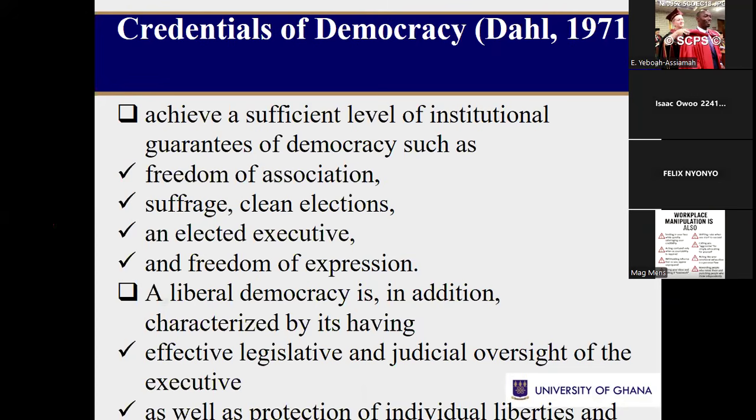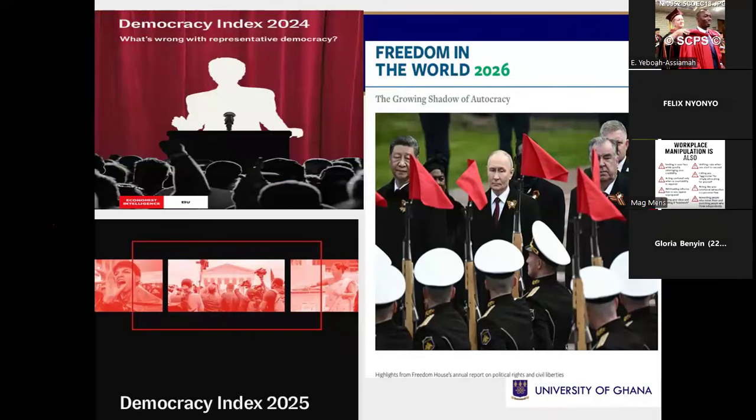Elections, how clean are they? The executive, is it elected? Is there freedom of expression? Do we have an independent judiciary? What is the nature of the legislature? We have to examine that. When we take Nigeria, we have to examine that. The US, we examine that. Okay, now this task has been done